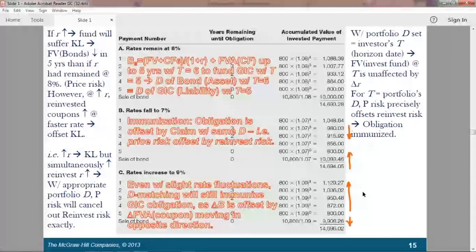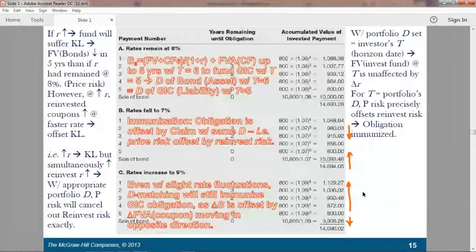Because if there is an interest rate fluctuation beyond our expectation, our asset value may not be sufficient to cover the payment obligation, our liabilities. But if we match the duration